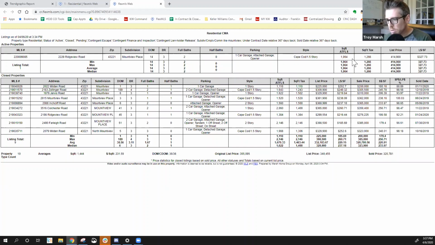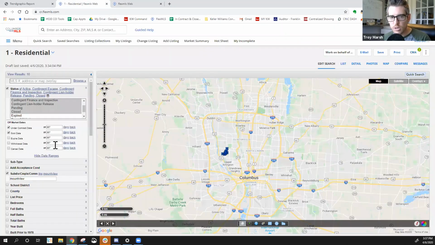And so it completely switches from our conversations before, which were about how does our property compare to this one that sold 2 months ago, to how does our property compare to the active competition right now? And what do we need to do to make sure that we're the next one that sells? So what we're going to do though is go and look at, I'm going to take Mount View away